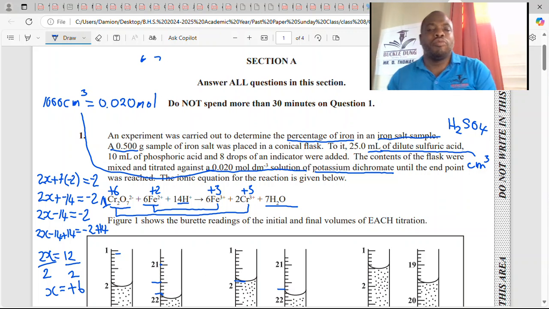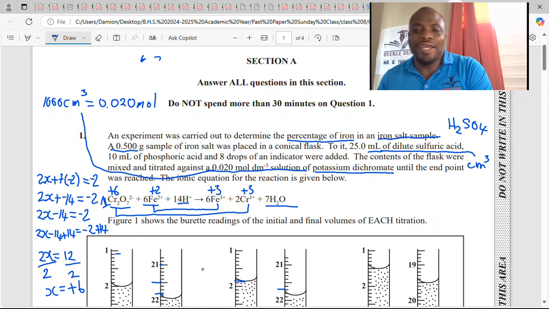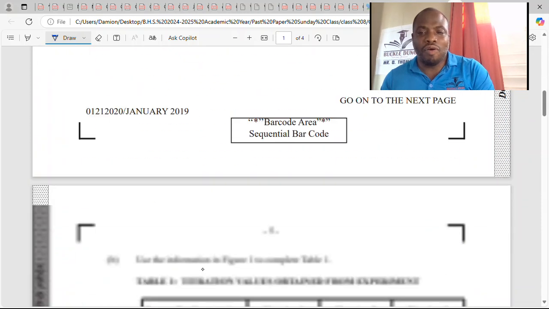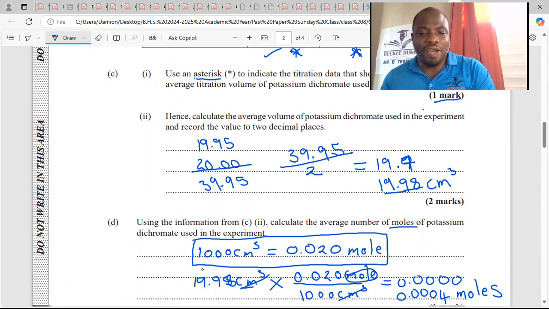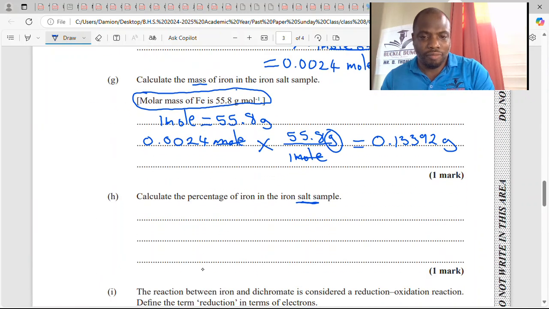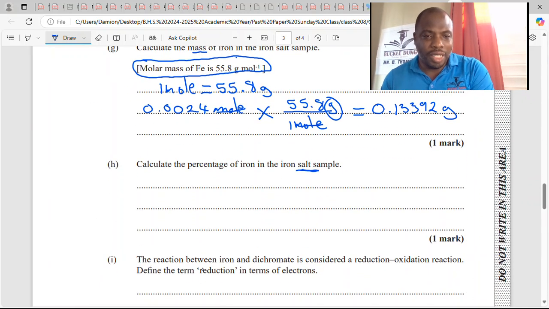Beautiful. So now, again, we figured out that the iron in the iron salt sample has a mass. The whole entire sample has a mass. We want to find out what percentage the iron was contributing to that mass. So we said calculate the percentage of iron in the iron salt. So we know, just like how we would have said, the amount of mass that the iron is contributing